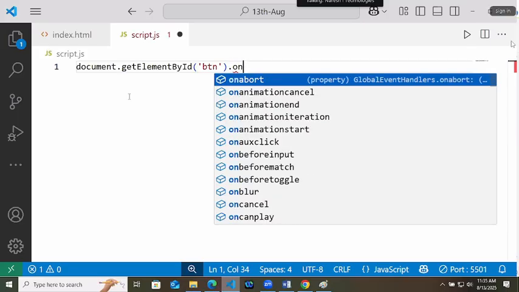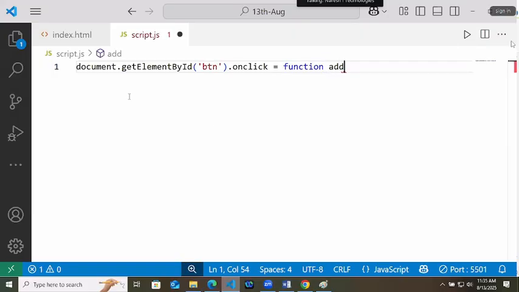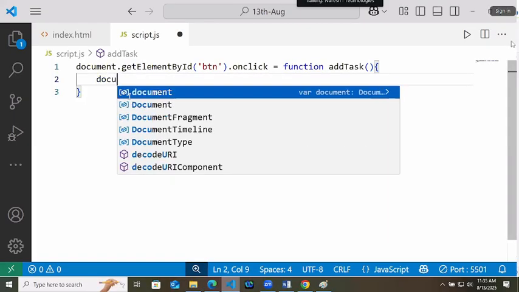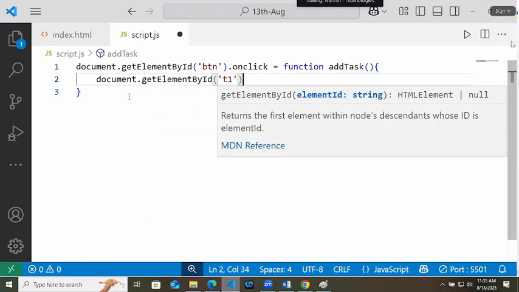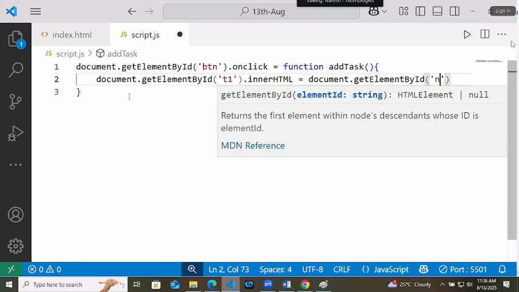To the on click of button, we can give a function of add task. And what it will do, go to document, get the element by ID. ID is T1, in its inner HTML, it will set the value by taking it from the input box.